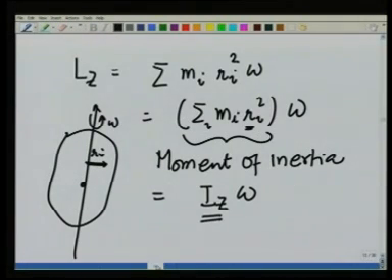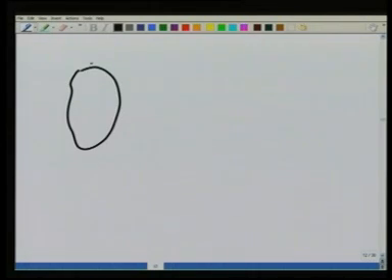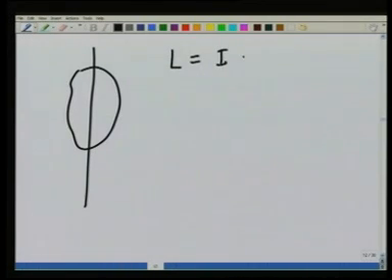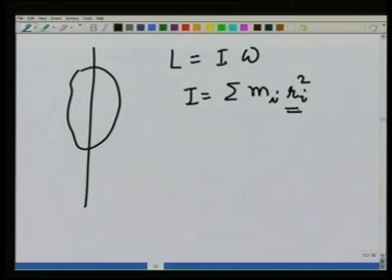So, what we found is that given a body which is rotating about an axis, its angular momentum L is going to be given as I omega. I have dropped the axis z, where I is nothing but summation m_i r_i square, where r_i is the perpendicular distance from the axis, or if the mass distribution is continuous, I can write it as integral of dm